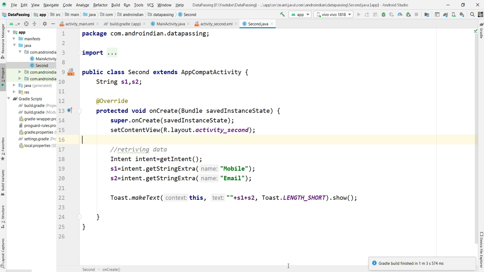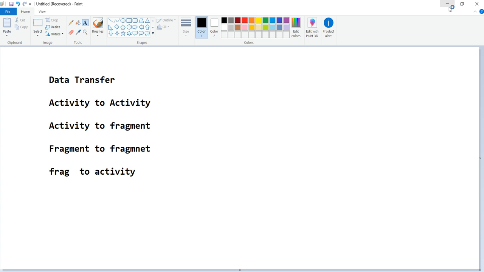Just a minute, I'm opening the visor to check this output. I opened the visor, still it's not opening, just a minute.